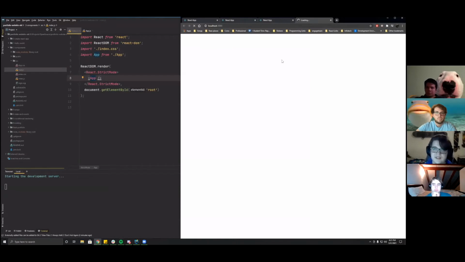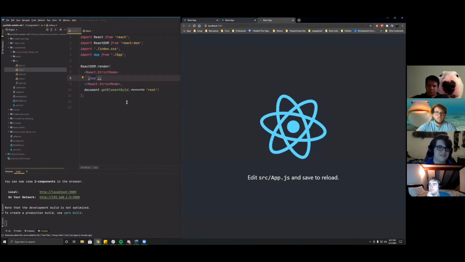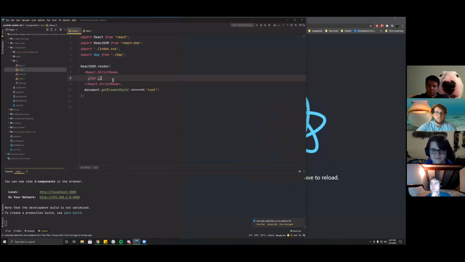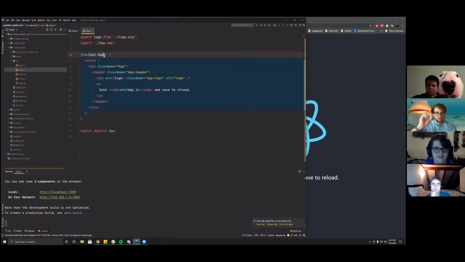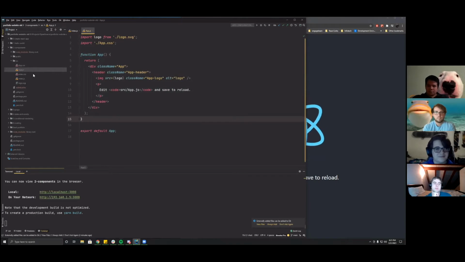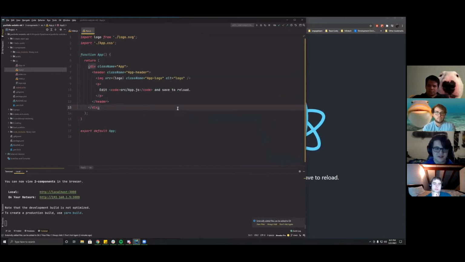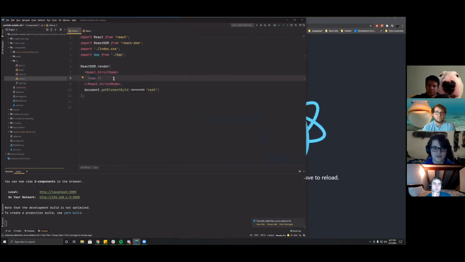take a second, start development server, it loads this, and it looks all fancy and stuff. But there's no actual HTML being displayed here. And the reason for that is app is a component. It's a separate file and a separate function we've created that does certain things inside of it. And that's so we can kind of break down functionality. So this is just here to render things on the web page, and then the app is just here for